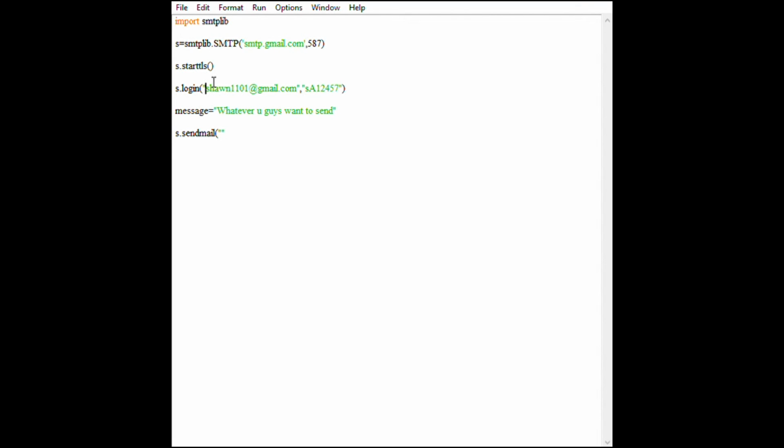So I will just copy this email from here and paste it down here. The second parameter is the receiver's email address, the one whom you want to send to. So basically it is Jerry Sen 124.